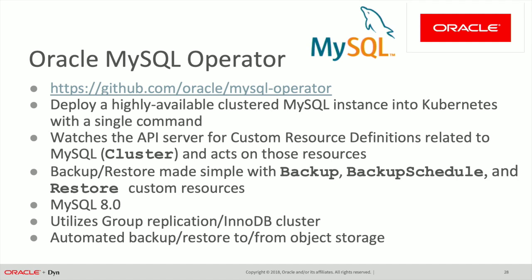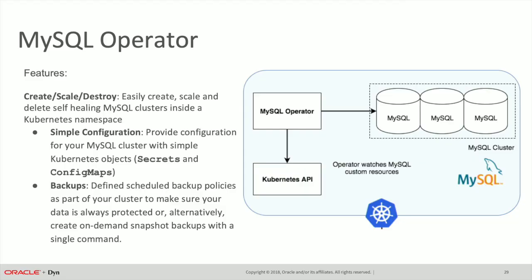I'm going to delve into, particularly, as I work for Oracle, the Oracle MySQL operator. This was released about a year ago. It's available at the GitHub address listed here. What it allows you to do is deploy a highly available clustered MySQL instance into Kubernetes with a single command. It watches the API, as I mentioned, for custom resource definitions for MySQL cluster and acts on those resources. The custom resources that it makes available are backup, schedule, and restore custom resources. It's very prescriptive, meaning,